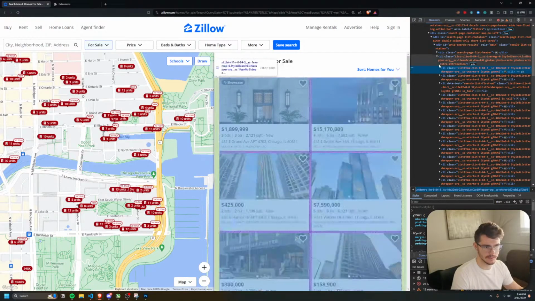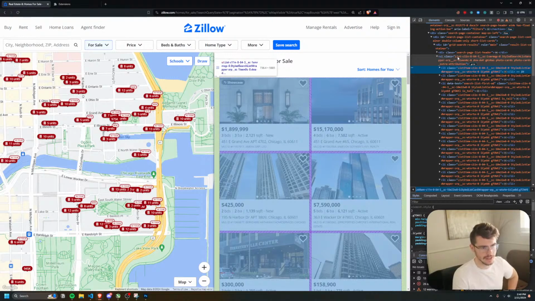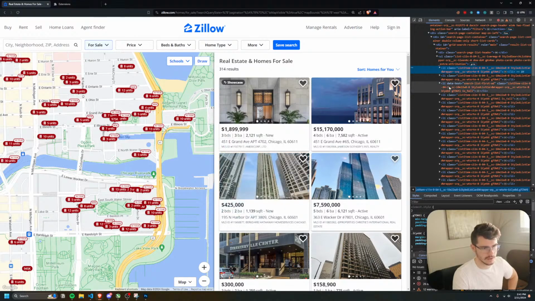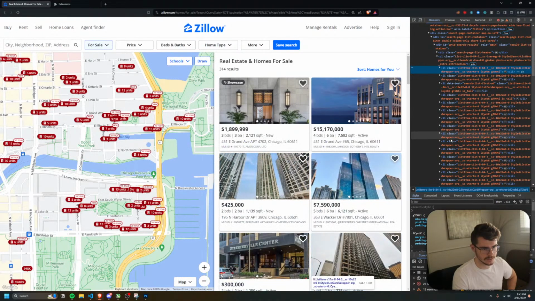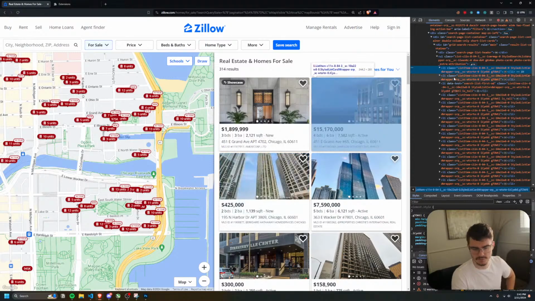So if we hover over this section right here, you can see this UL class list and a whole lot of other nonsense here contains these LI cards. And each of these LI cards contains the information that we want. Right? So you can see as I scroll down, you can pick each one except for this one here, which is really bizarre, which is a search